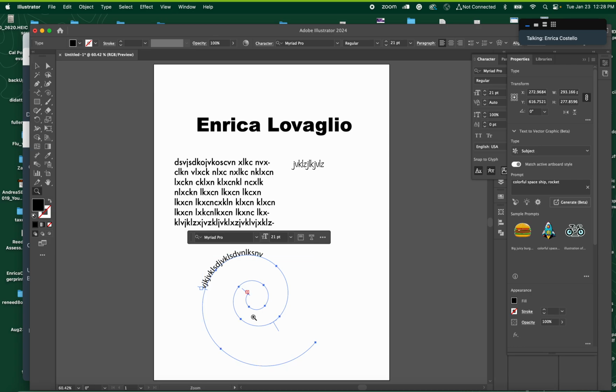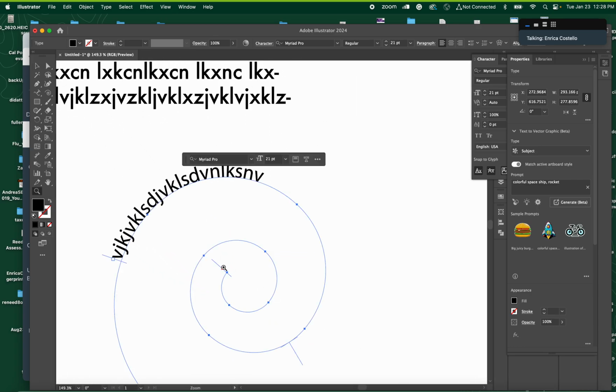Do you guys see that? Let me actually zoom in. You might see it even better. It's telling me right there is an overflow. How can I fix it? There are multiple ways to fix it. When you have type on a path, you have this weird line right here. This is the opening of the text, and this is the closing. That is why the plus sign is at the closing,